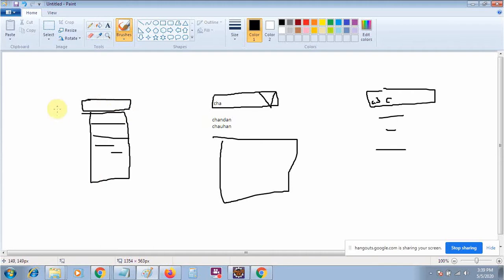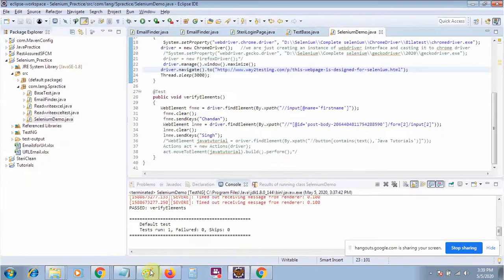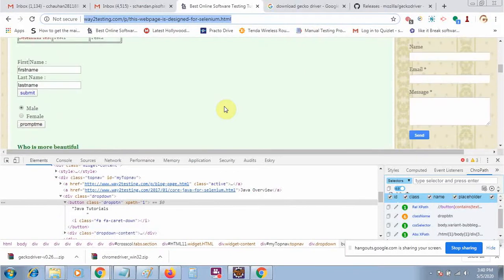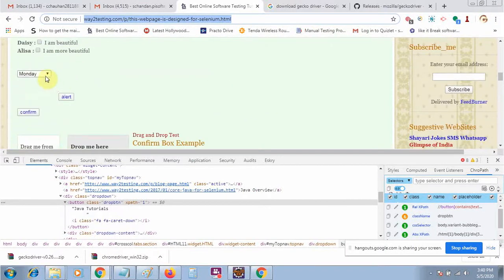We will learn here about the kind of list box where, whenever we click anywhere, it opens a drop or list box value. How do we operate on this one? In our practice page, I have already designed this kind of list box. If you click on this one, you will get all the values. To select a value, we need the Select class.